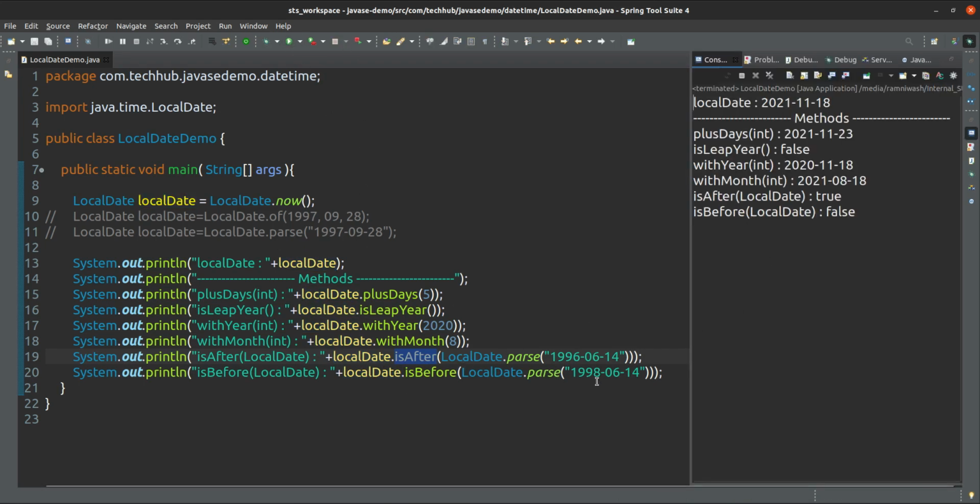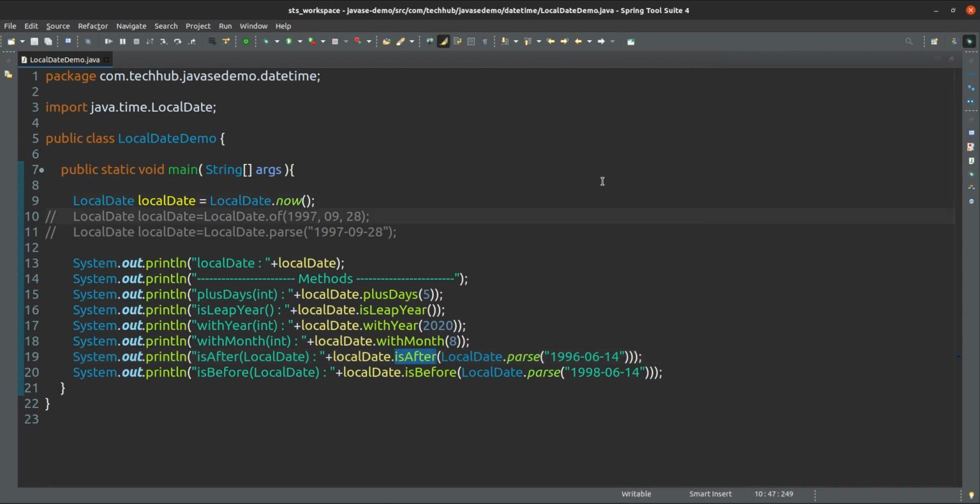But this date is not after, this date is before. So is it before? No, it is not before, this is after only, so that's why it is false. So this is about the local date class, and this now is representing the local date of the current system date. If you want to create any custom date, you can create it in this way.